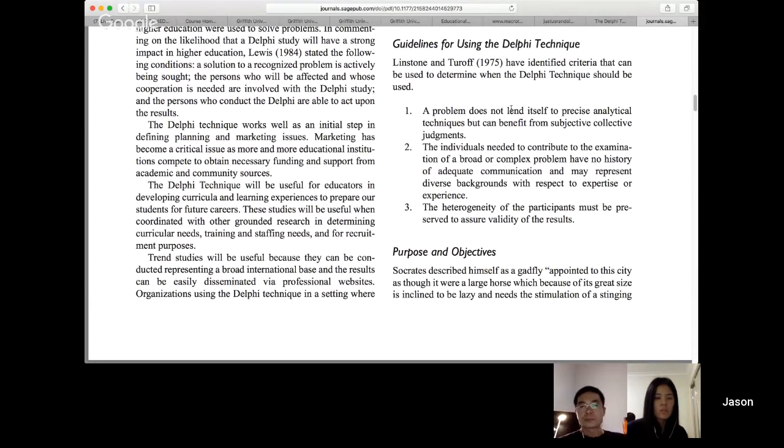Delphi techniques, and consensus techniques as a set, are used generally when there's a whole range of possibilities. If there was one particular approach that should be done, then you'd probably use other research methods, such as an experimental method, that would work out that approach is the most effective. So Delphi techniques are very often used in marketing and in education, where there's so many variables that we can't use other more statistically valid approaches, such as the experimental method or quasi-experimental methods and so forth.